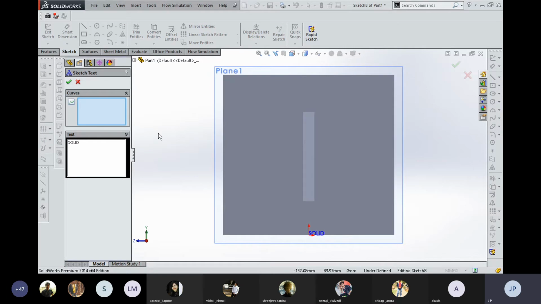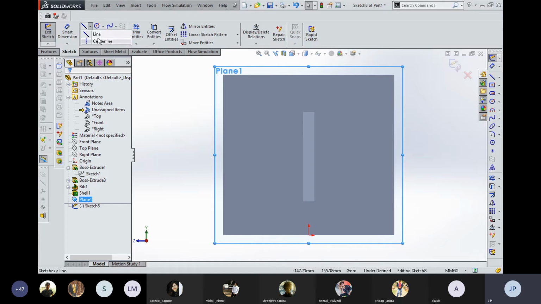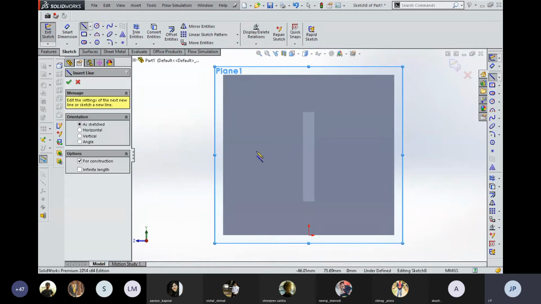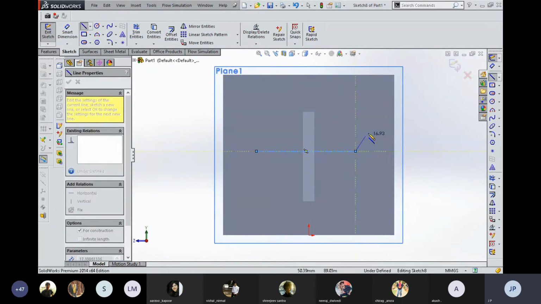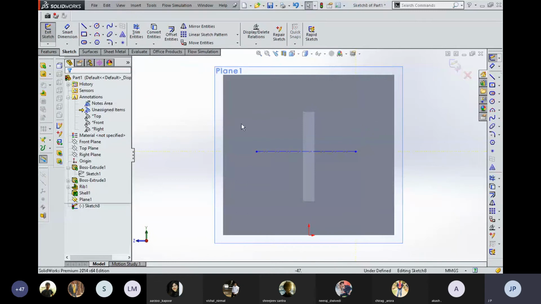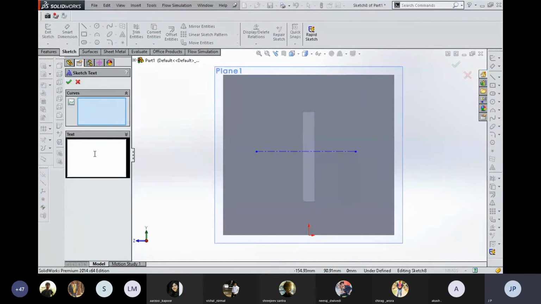If you need to create a path, you need to create a center line. Suppose I need to write on this part, then exit, select the sketch module, and then write the text. Click on the sketch part and select the sketch.